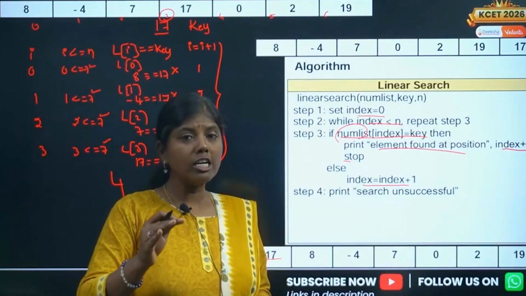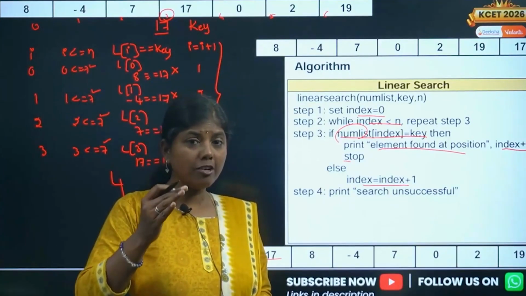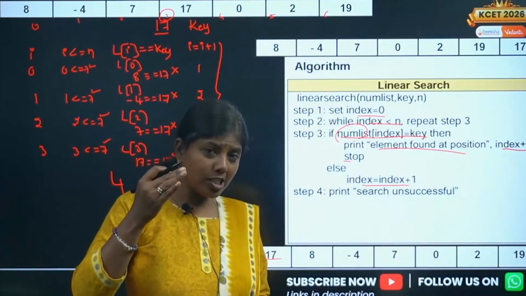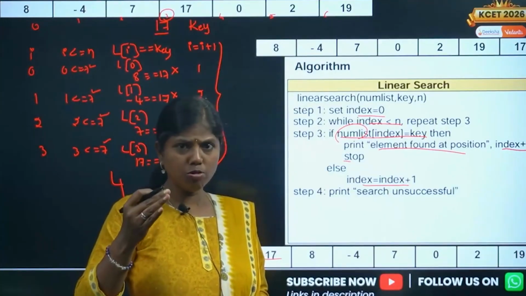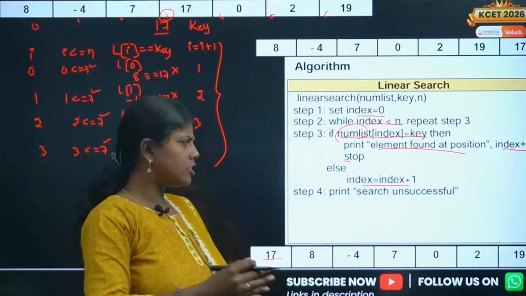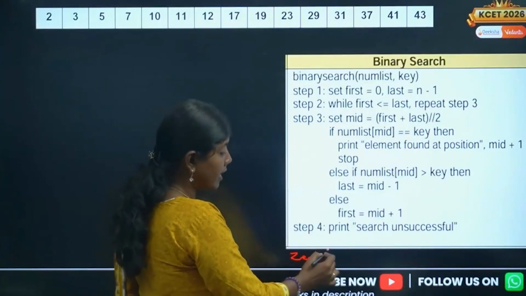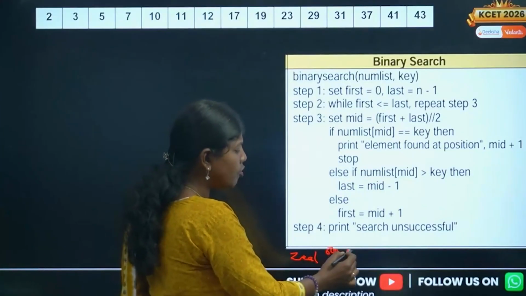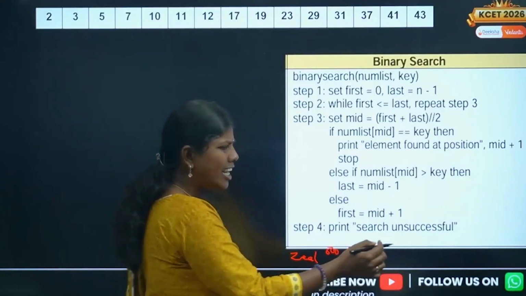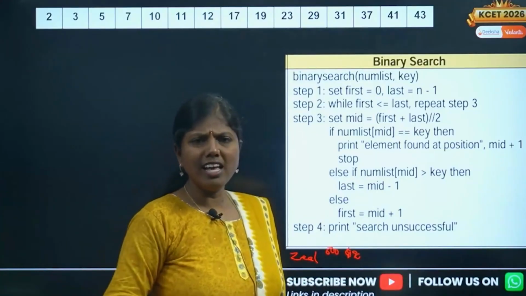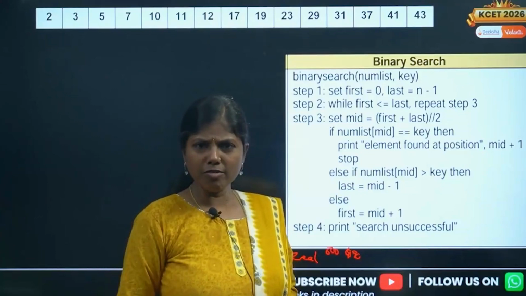Will you start searching from the first page? No. You will directly go to, for example, if the dictionary is of 500 pages, you will directly go to page 490 or 498 or 495.